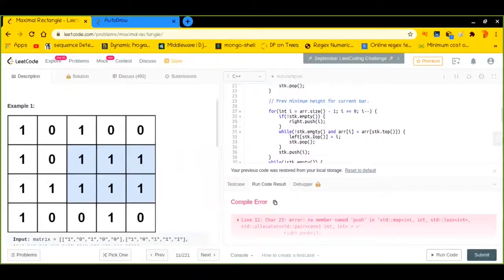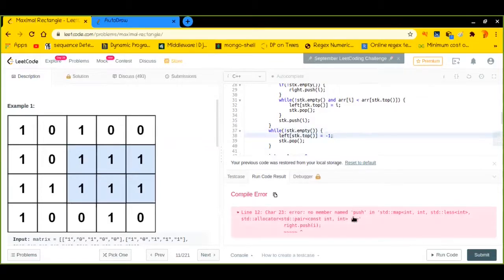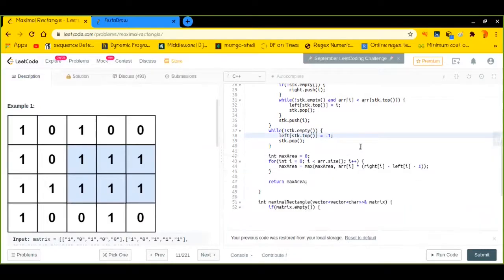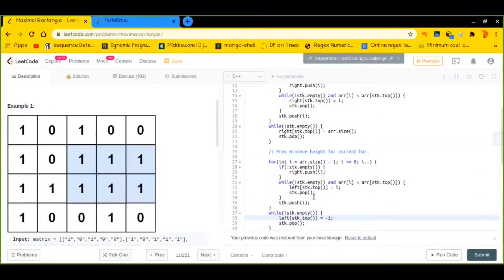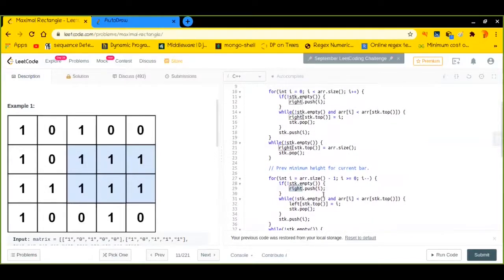Basically, for finding out the minimum, we just need to replace the infinite with -1. Okay, it will be the stack.